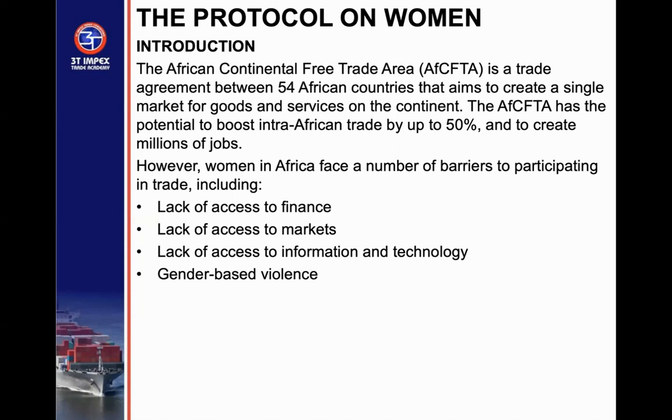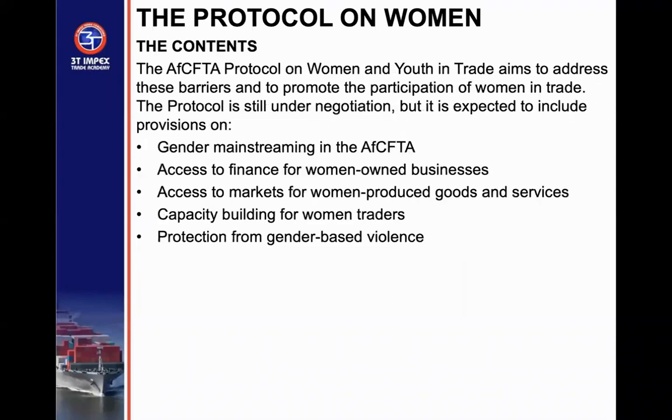The AfCFTA has potential to boost African trade, no doubt, but women in Africa face a number of barriers: lack of access to finance, lack of access to market, lack of access to IT and ICT, and of course, gender-based violence. The AfCFTA protocol on women and youth in trade aims to address these barriers and promote the participation of women in trade. The protocol is still under negotiation, but it's expected to include gender mainstreaming in AfCFTA, access to finance for women-owned businesses, access to market for women-produced goods and services, capacity building for women traders, and protection from gender-based